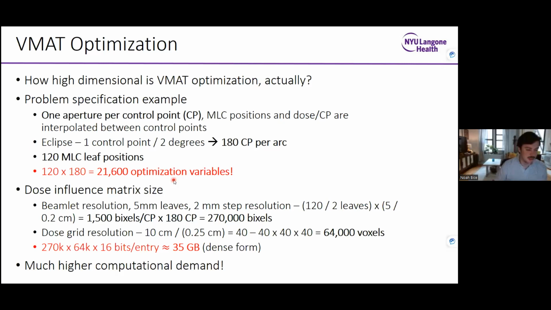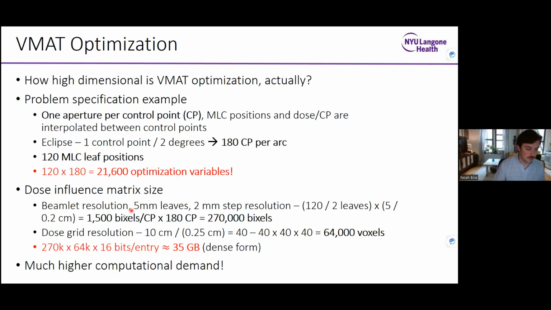As an aside, since we're just talking about the potential computational expense and difficulty of doing VMAT optimization, I just want to note that the dose influence matrix can be enormous in this situation. Dose calculation in VMAT is going to be done similarly to how it was done in IMRT optimization, where we do all of the dose calculation up front and then store all of our results in a dose influence matrix, and then we have this linear multiplication anytime we want to evaluate dose. But that requires